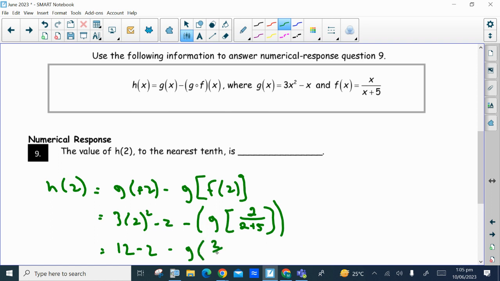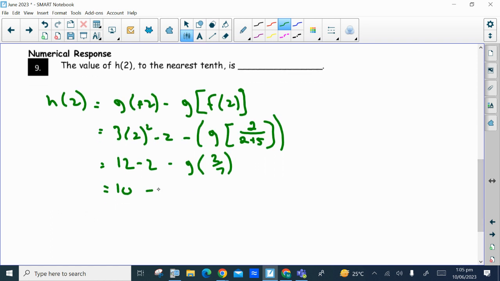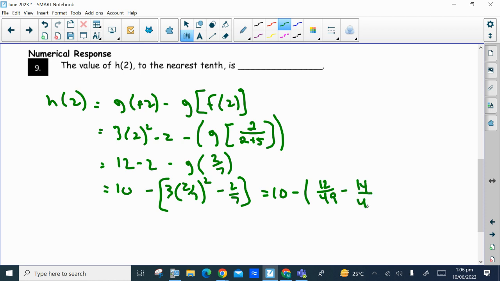Which is 2 over 7. So now we have to find out what g at 2/7 is. So again, using the g at x function, it'll be 3 times 2/7 all squared minus 2 over 7. 2/7 all squared is 4 over 49, times 3 is 12 over 49, minus 14 over 49,